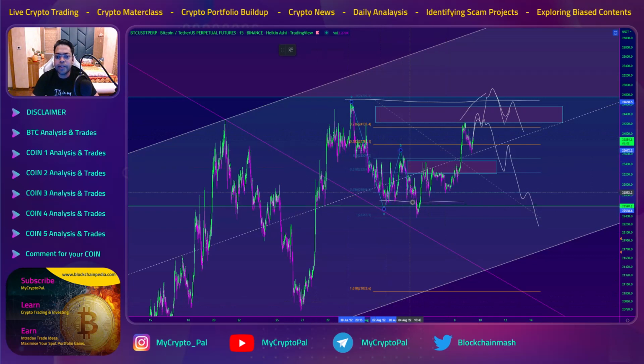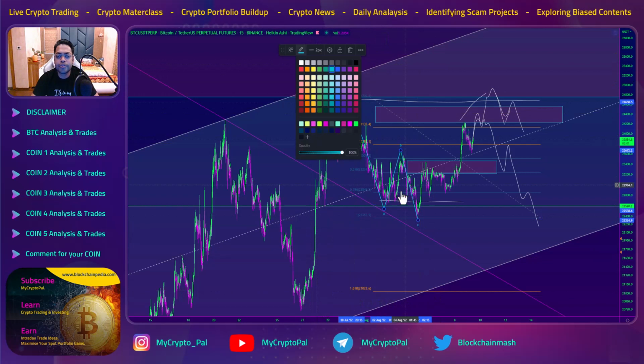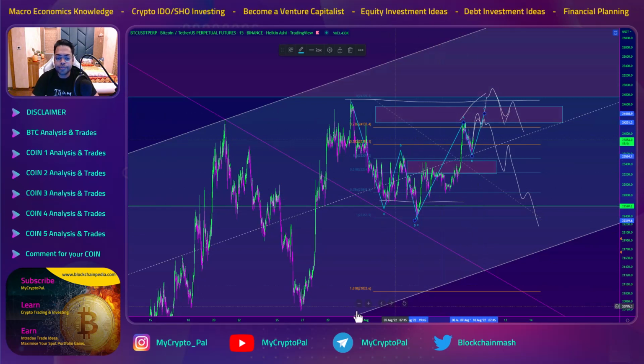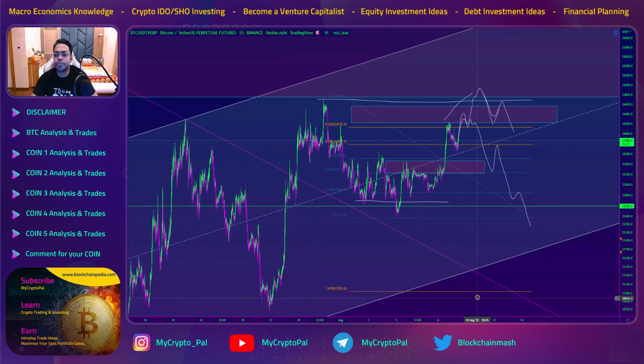But this is what I mean: this is the corrective ABC from which we took the long, and we would want to see a corrective pattern on top also, from which we can take a short. Once we develop something like this, it will give us an ABC analysis targeting the bottom of the chart. But the best will be if it goes and puts in a higher high and then comes down. So primarily we'll be holding on to the longs that we have made, and hopefully we get some good profits from them.